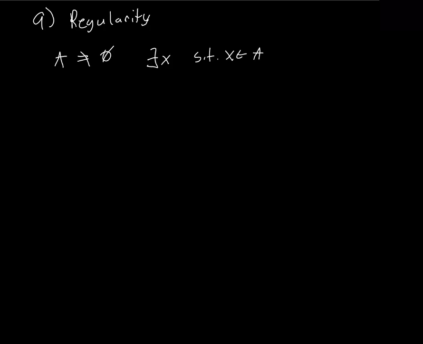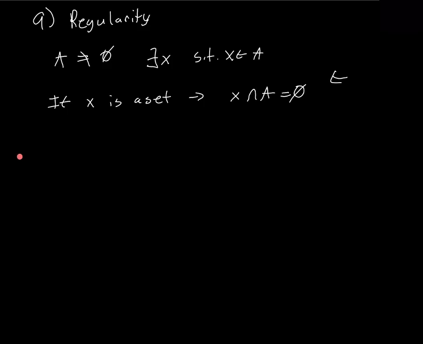But we have one more thing. We have if X is a set, then X is disjoint from A. So it's the empty set. I have no idea how they came up with this, but apparently this is true for all the sets, and this helps us make sure that we don't have a set that contains itself. For example, if we have X containing itself, this axiom of regularity would not hold. But it holds for all ordinary sets, that's fine.